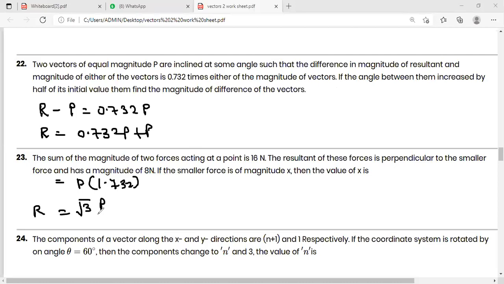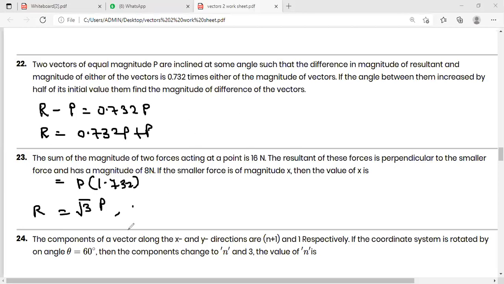Now, the resultant is root 3 into P. Between the same vectors, in the sense, you can calculate that theta is 60 degrees only. Let me consider theta is the angle there. If the angle between them is increased by half of its initial value,